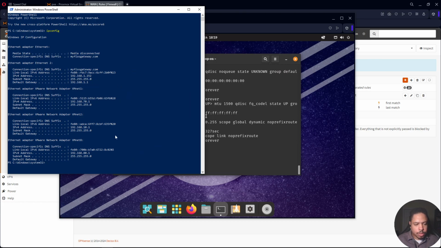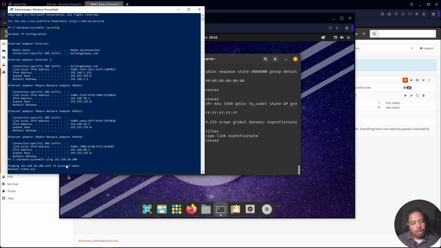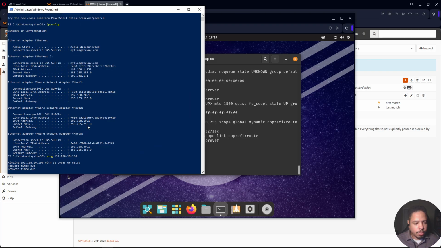And now if you can see, we can ping 192.168.10.100. It's not going to go because there's no router that knows about this 10 network outside of my host and the